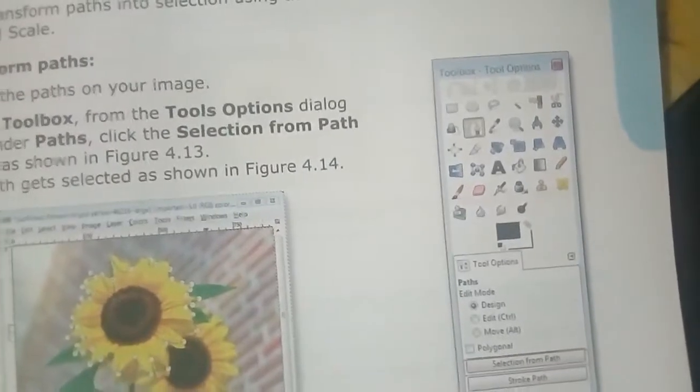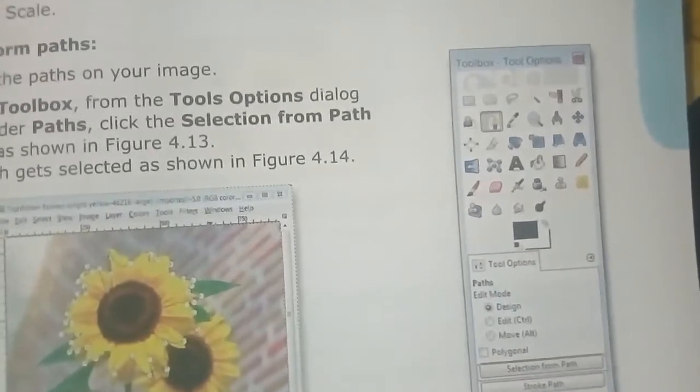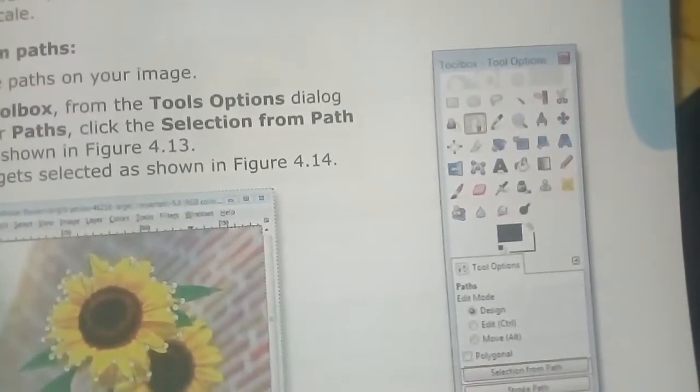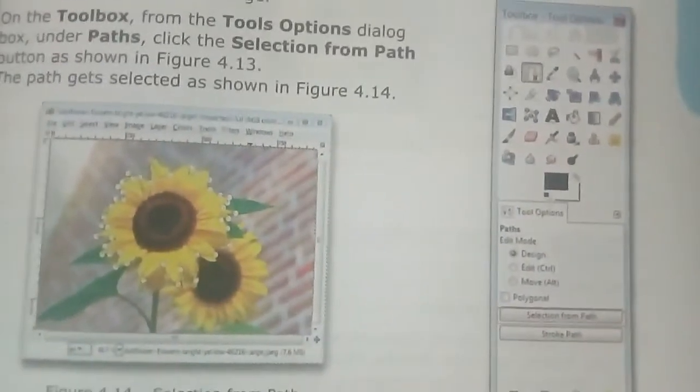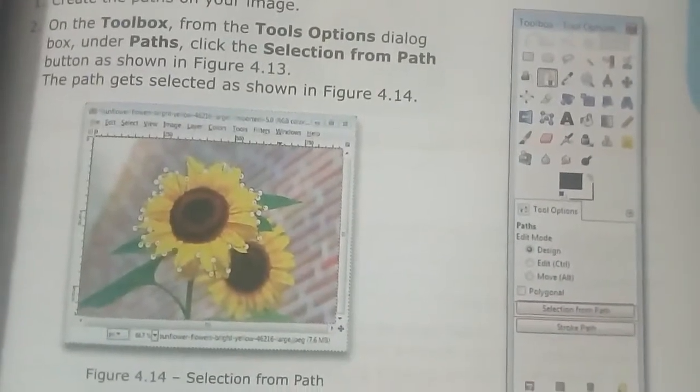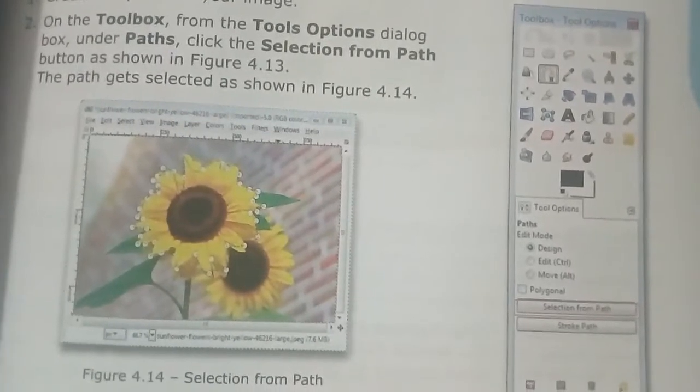Here you can see the picture. This one is the toolbox tool option. In tool options, under paths, you can see selection from path. I hope all of you can see. So this you have to select, and the path then gets selected.